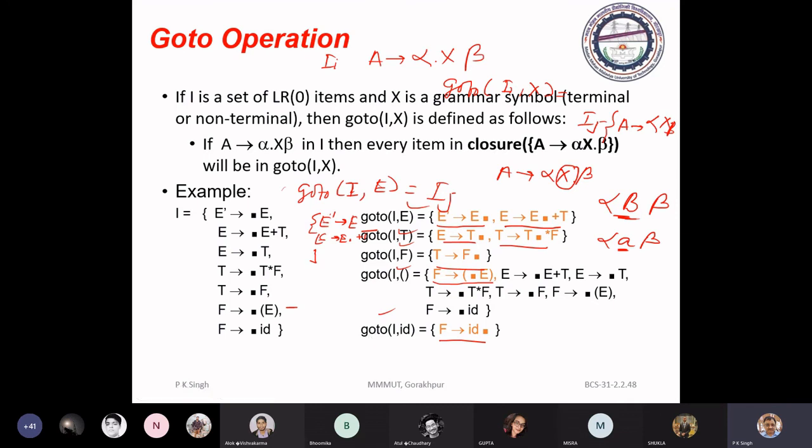Now using closure and goto, you can compute the canonical collection of LR0 item sets.